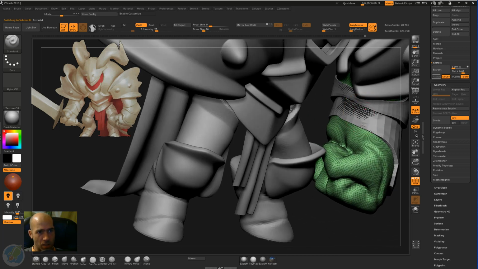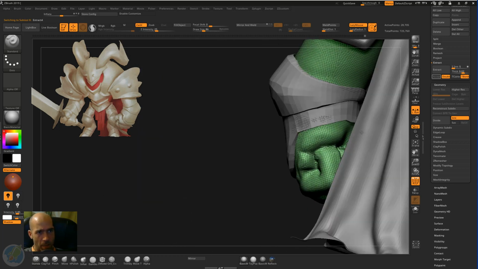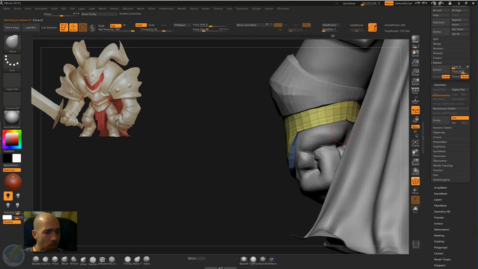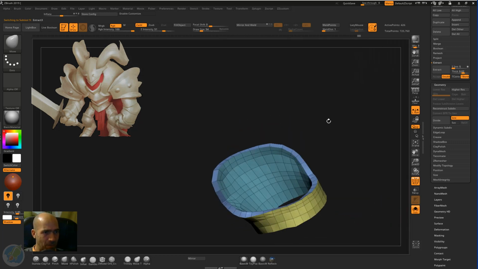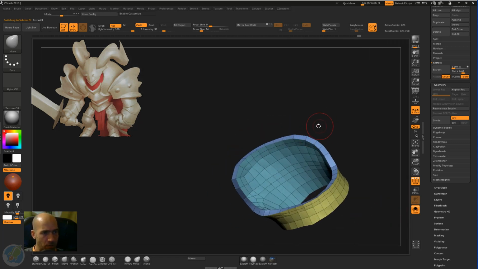With the standard brush and Alt, I'm just pushing it. This is looking a little bit odd. So with the move brush, I will move it. And then we will do the same for this thing as we did for the elbow armor, which will be